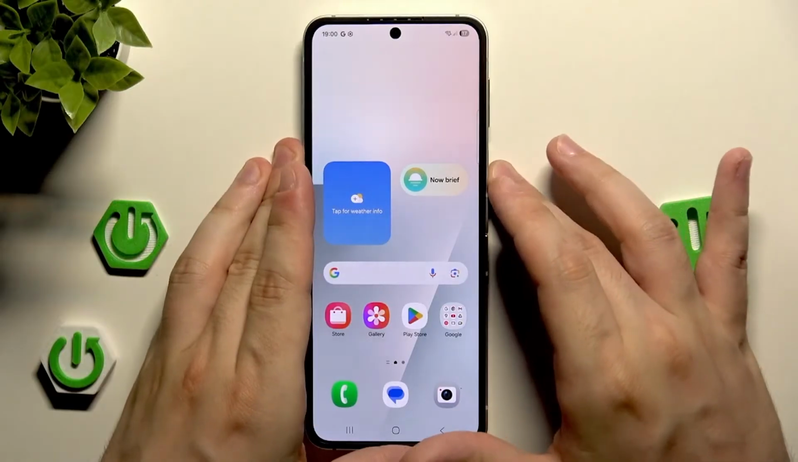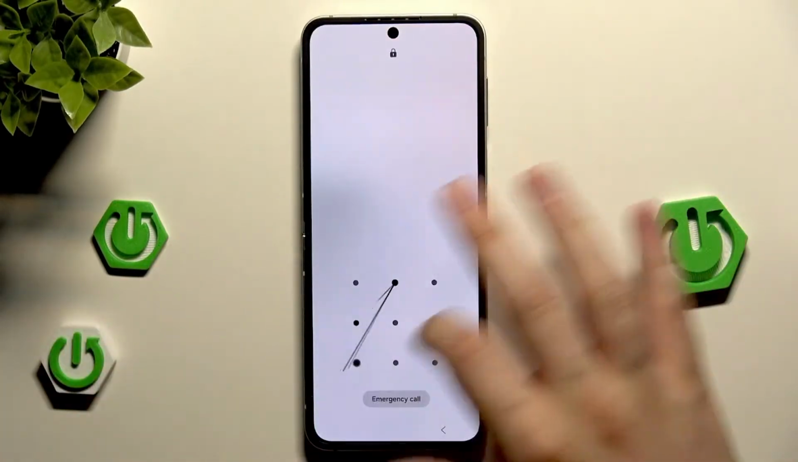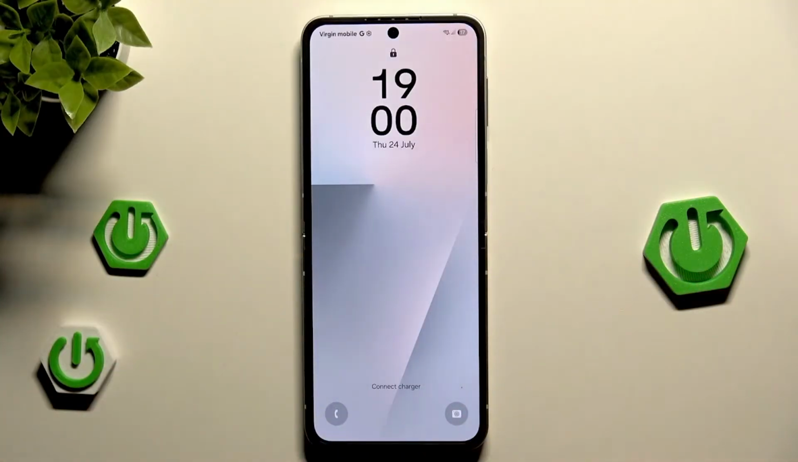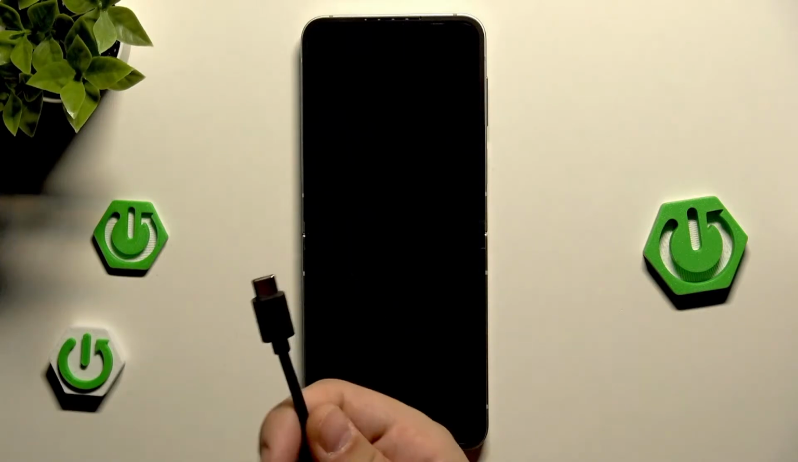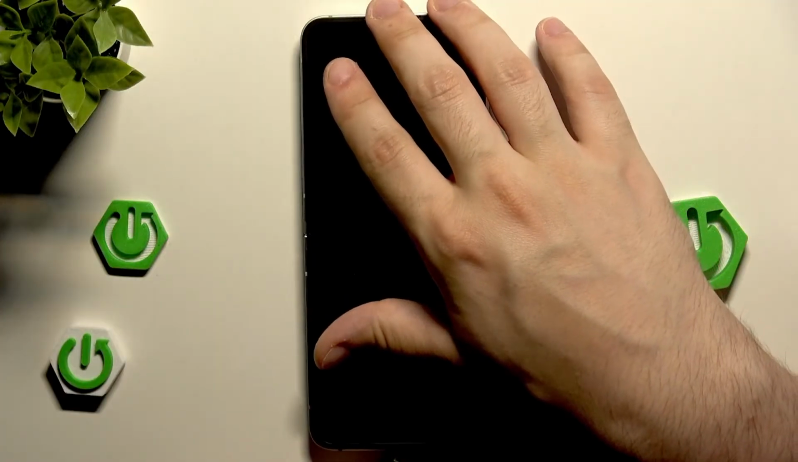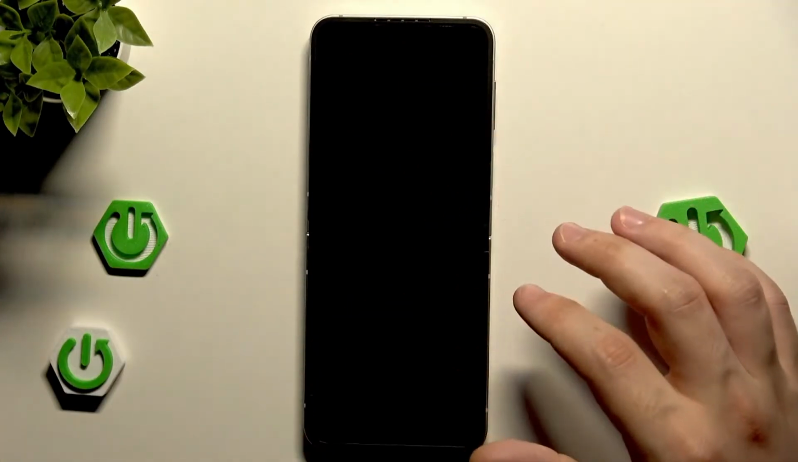And now we normally use our device, we want to unlock it but we cannot remember the password. And what to do now? First let's plug our device using the USB-C cable into a PC or laptop. It can also be a Mac, so don't worry. Alright, so now it's